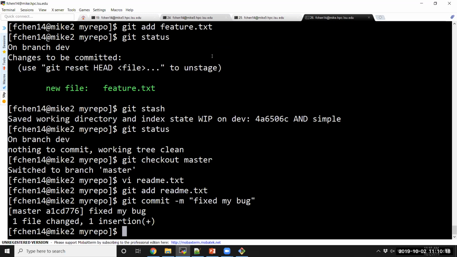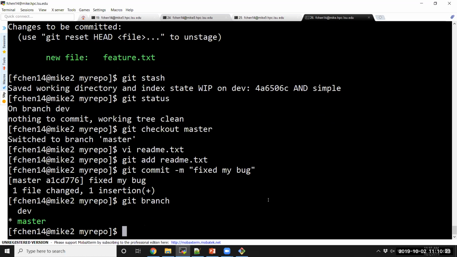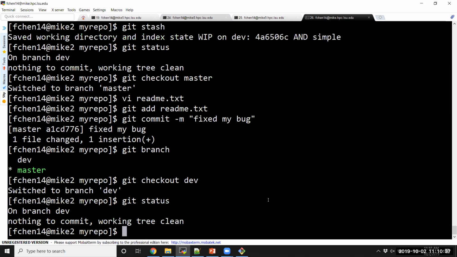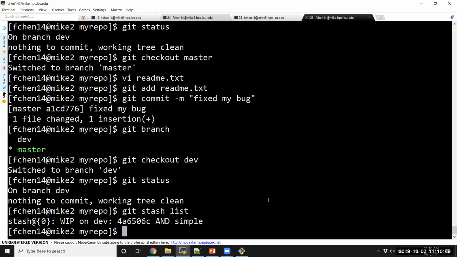Now, I am at the master branch, right? Now I've done my work, done my fix. I want to switch to my dev branch, continue my work. In order for me to recover that not ready for commit status, git stash list. It stashed me for a status called